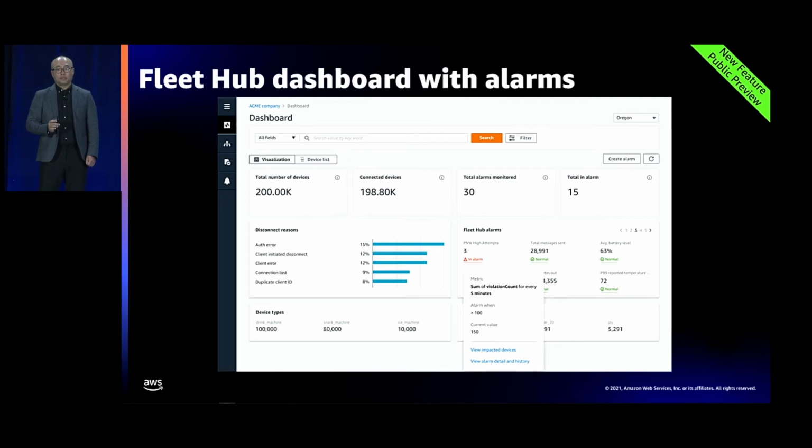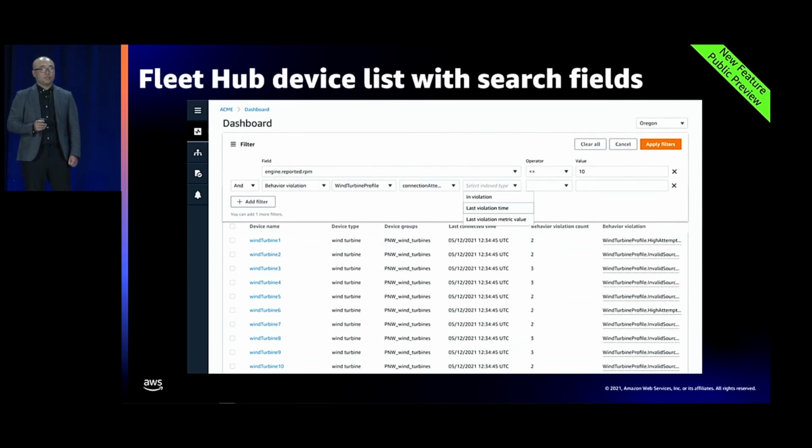Perhaps you remember I mentioned earlier that more technical folks can set up fleet indexing and job templates in the AWS IoT console, so that less technical people can focus on their operational issues, such as troubleshooting, monitoring, or deploying updates in the Fleet Hub app. In conjunction with the new fleet indexing capabilities, we are introducing new fleet hub menus as well. So in the fleet hub dashboard, you can see alarms on the right side based on AWS IoT device defender violations data. You can also click the device list button in the middle left for the list menu. Then you can visit this page.